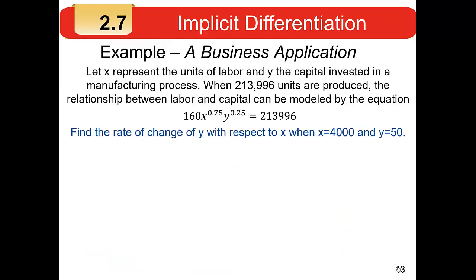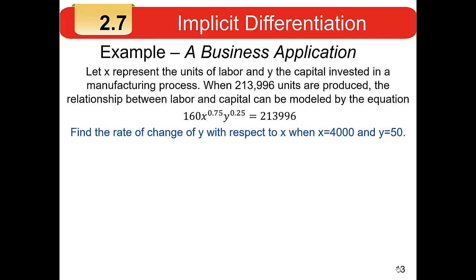Now let's look at this business application involving implicit differentiation. This problem says let x represent the units of labor and y the capital invested in a manufacturing process. When 213,996 units are produced, the relationship between labor and capital can be modeled by the equation 160 times x to the 0.75 times y to the 0.25 is equal to 213,996. Now, we want to find the rate of change of y